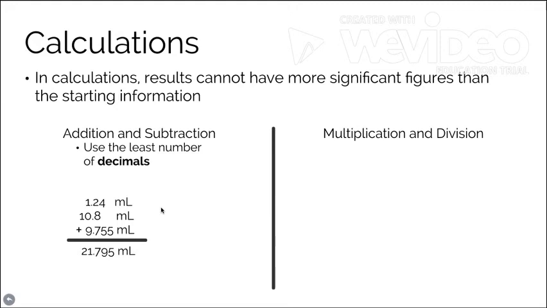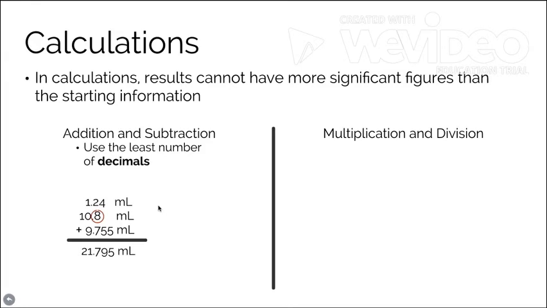21.795 milliliters. But notice that I have a mismatch in all of my decimal places. In the first value, I have 2 decimal places, in the second value, I have 1 decimal place, and in the third, I have 3 decimal places. So, which is right? How many decimal places should you use? Well, the rule tells you that you should focus on the least number of decimals. In this case, 10.8 has the least number of decimals, so you can only answer this question to the